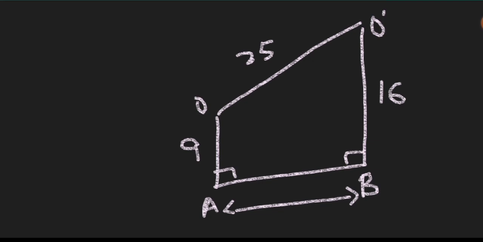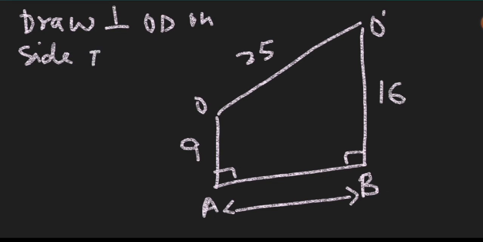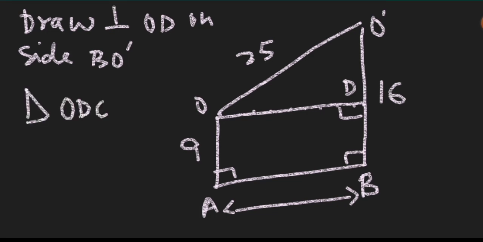Here we will draw a perpendicular. Draw perpendicular OD on side BO dash like this. This perpendicular makes an angle of 90 degree at point D with the side BO dash. Now we have here two figures. One is the triangle ODO dash, a right angular triangle, and a rectangle